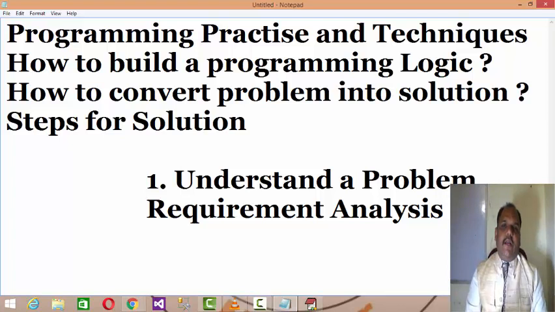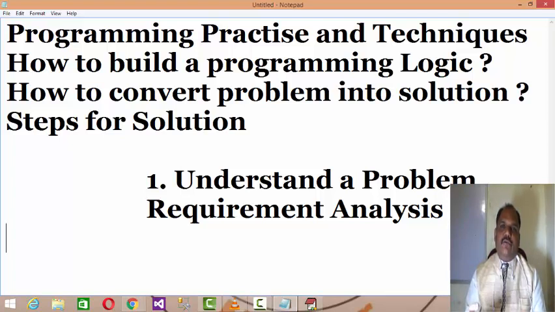In your childhood, your maths teacher might have given you the tip that before writing the solution of a mathematical problem, first of all read the problem well again and again. Understand the problem. Most of the solutions are actually hidden in the problem itself. You will get the clues when you understand the problem well.